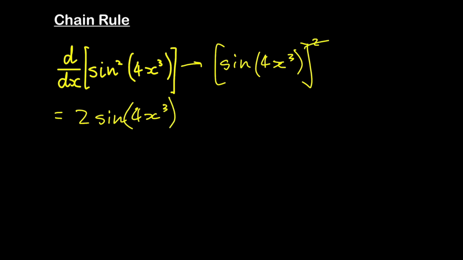So now we get rid of that, and now we look at here. So the outermost function now is sine. So times by cosine, because the derivative of sine is cosine. And we keep what's inside still,